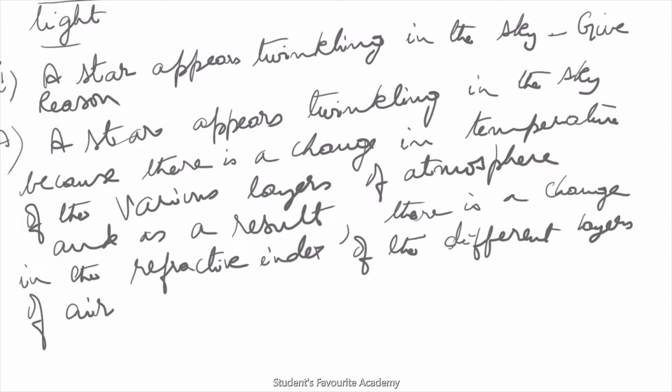Actually, what happens because of the refractive index, changes in the refractive index means what? The atmosphere forms as if denser and rarer medium, because where the air is at a higher temperature the air becomes rarer. Okay, and where the air is at lower temperature it becomes denser. So because of the change in this rarer denser medium, what happens? The light ray coming from the star undergoes refraction and we see the virtual image of the star. There's a change in the refractive index in the different layers of air,